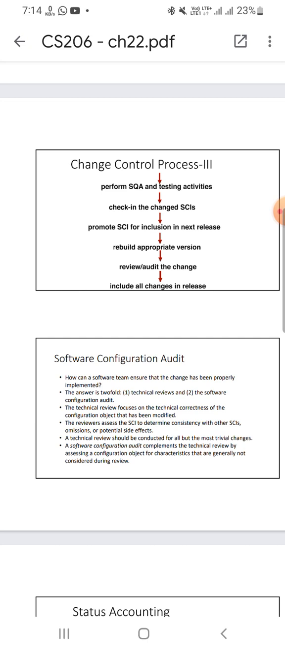The reviewers assess the SCI to determine consistency with other SCIs, omissions, or potential side effects. A technical review should be conducted for all but the most trivial changes. A software configuration audit complements the technical review by assessing a configuration object for characteristics that are generally not considered